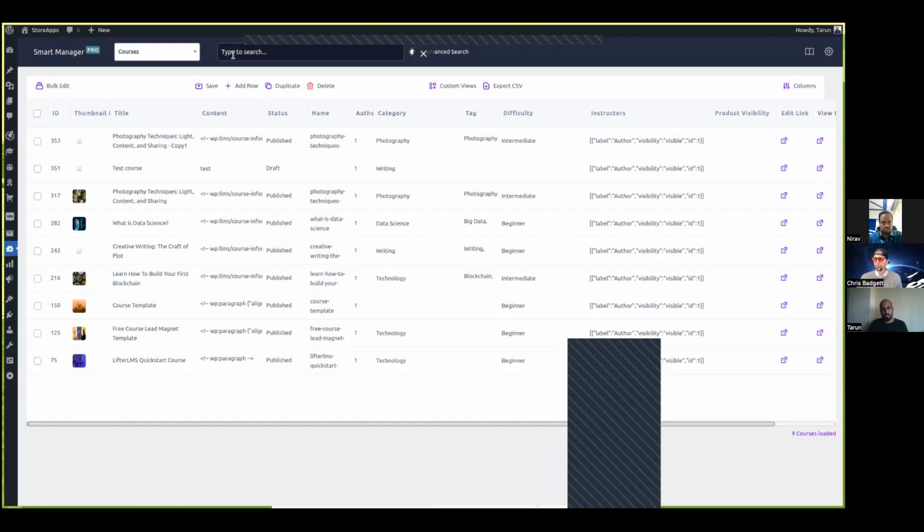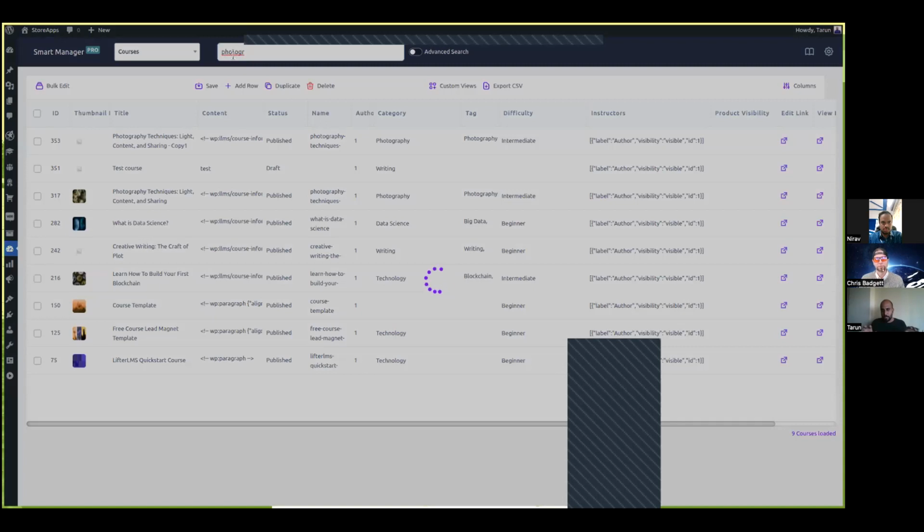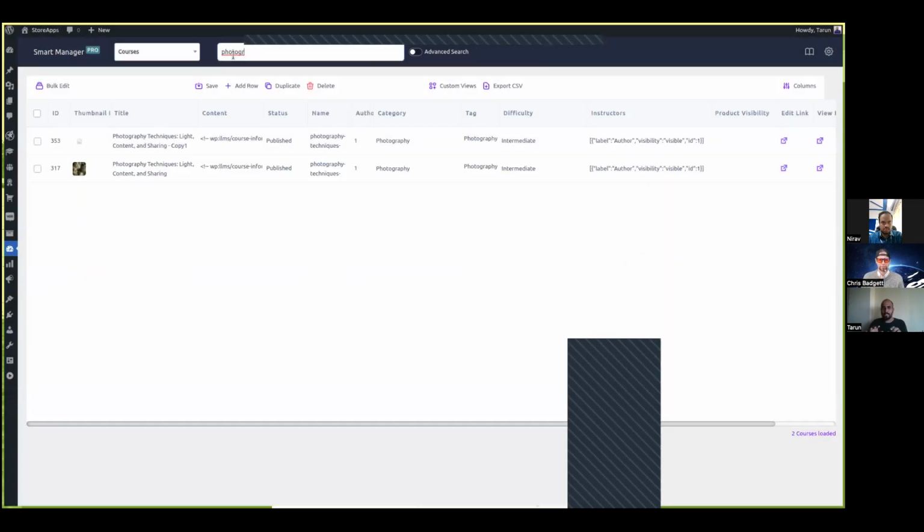So let's say this is a typical normal Google-like full text search, wherein if you want to type anything, you can simply type, let's say if I type photography, it will do a full text search on the entire columns and it will give you all the content that is matching each and every column. But this is not specific. This will not give me results that are needed for me to actually do any updates.